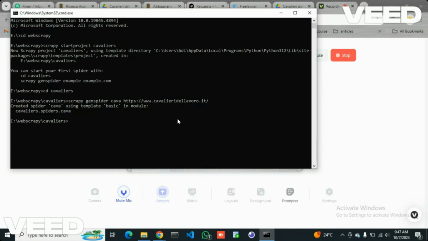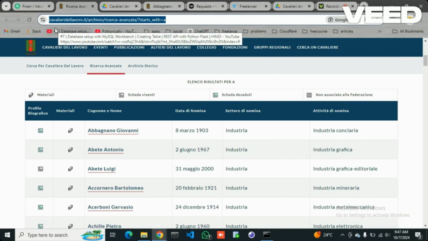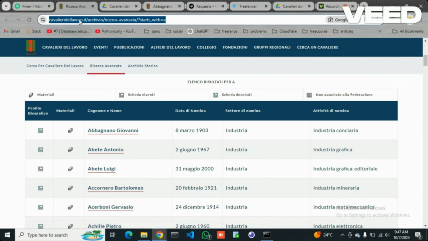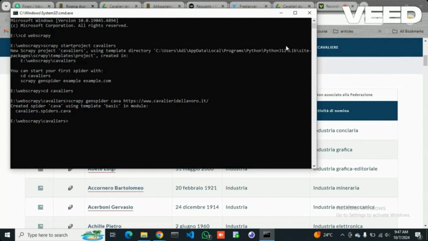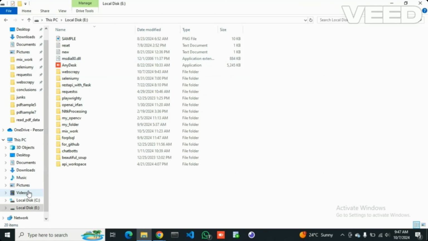Hi, so today we are going to create a Scrapy project. We have been given a task to scrape this website, Cavalieri del Lavoro. I don't know the exact spelling or how to pronounce it, but this is the website we have to scrape. And first of all, I'm going to go to a folder where I want